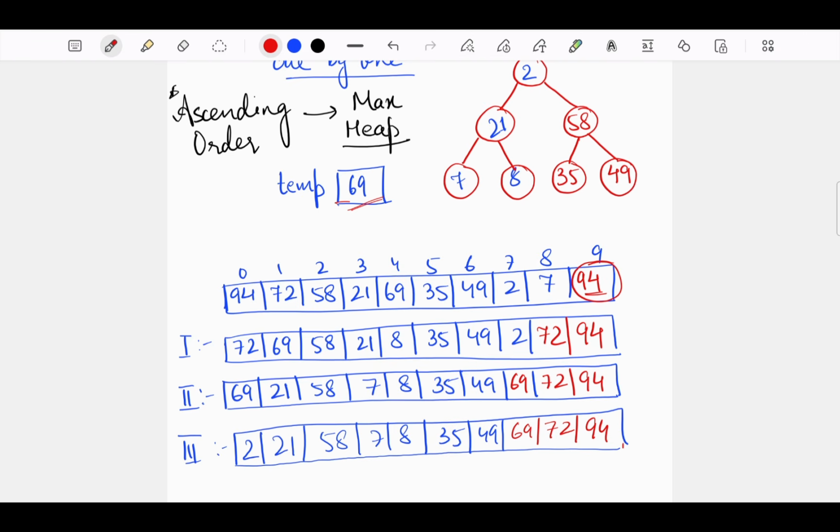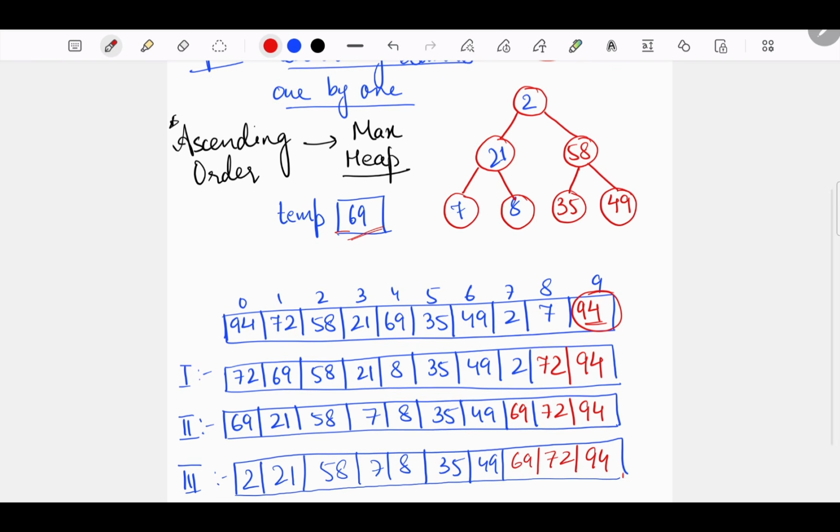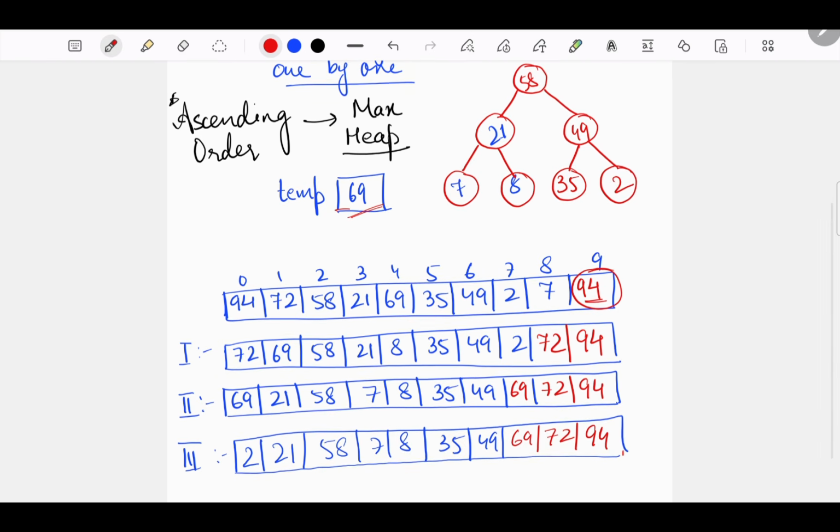Now next, what will happen? As 2 comes here, we have to check the max heap properties. So 58 goes here, 2 comes here, then replace it with the larger child, which is 49. So my heap looks like this.